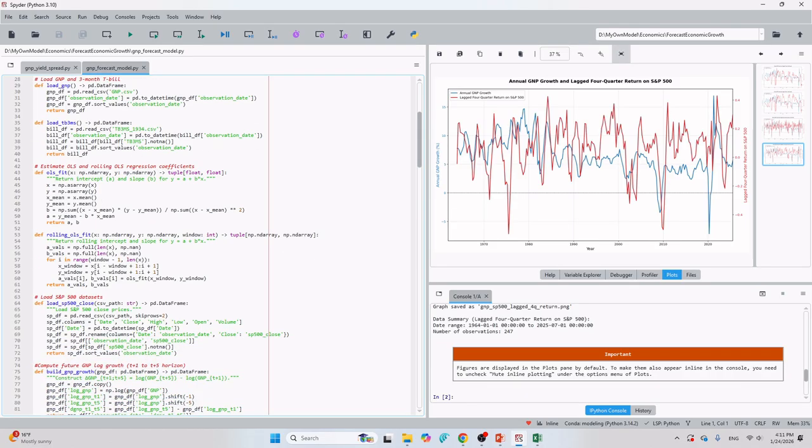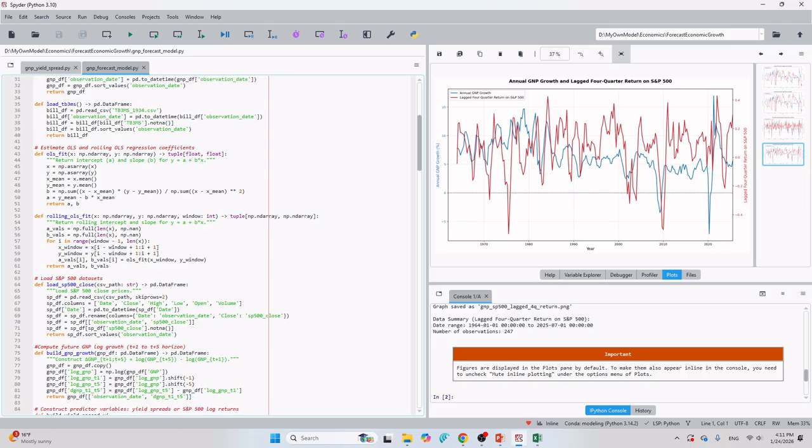And here, I build a function for OLS and rolling OLS. OLS will be used to build our model, because we only have a linear model to calculate A and B. And for prediction, I'm going to use this rolling OLS.